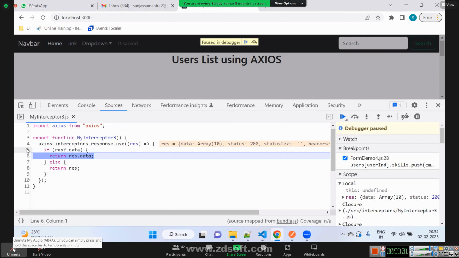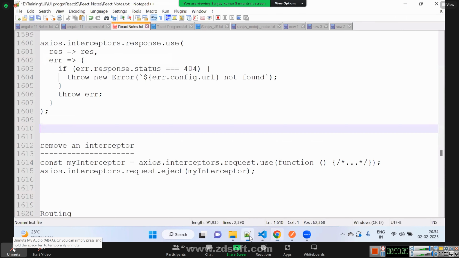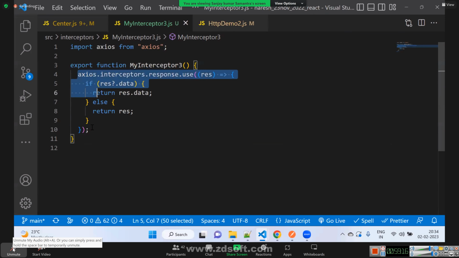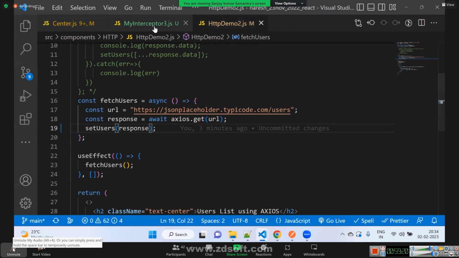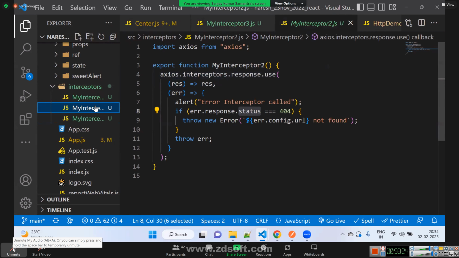So, sir, here we are having two interceptors for response. Is that fine? Yes, it is fine. We can have multiple interceptors for a request and multiple interceptors for a response. This interceptor is doing something, and the other interceptor is doing something else. So for every API call, all three interceptors will be called.